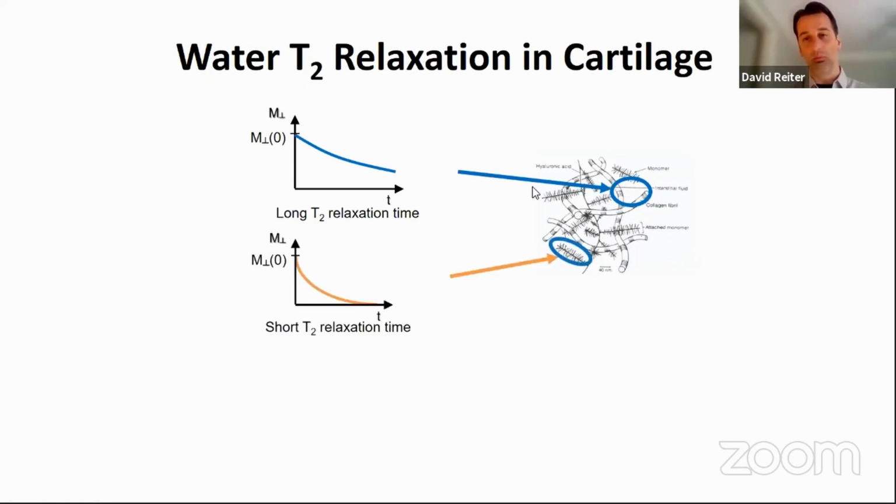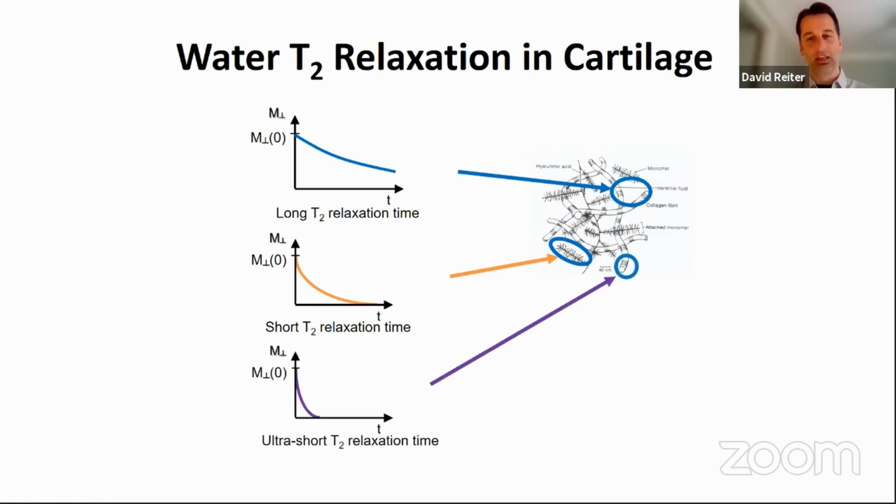And as we get closer to the matrix molecules like proteoglycan, which is not quite as rigid as collagen, but still a macromolecule, it relaxes faster. And then within the collagen fibrils itself, it would relax quite rapidly because it's near a rigid